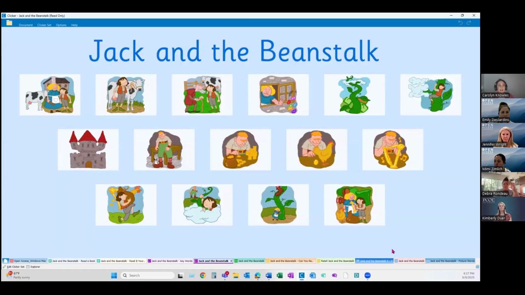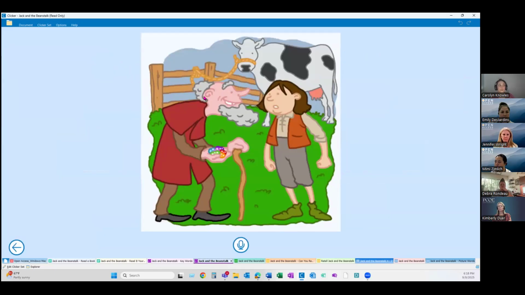But another one, and I personally love these, is a tell the story activity. These I really like. They are really great for students retelling a story in their own words, or maybe sequencing if we're not doing a story and we're doing a science experiment or something like that. We have pictures from the book, again, exactly from the Clicker book that we were looking at before. And so here, the student would be clicking on a picture and using the sound recorder to talk about what's happening in each picture, retelling each part of the story as they go.